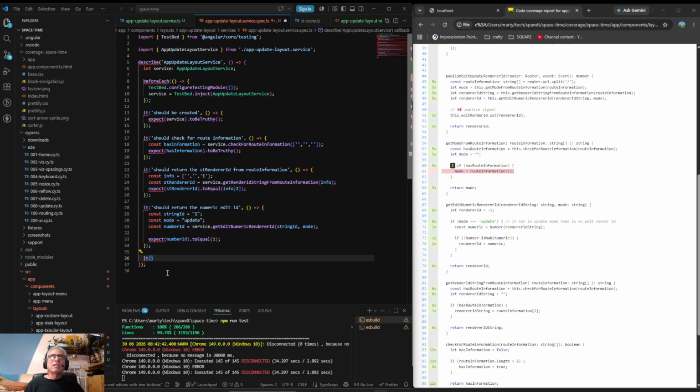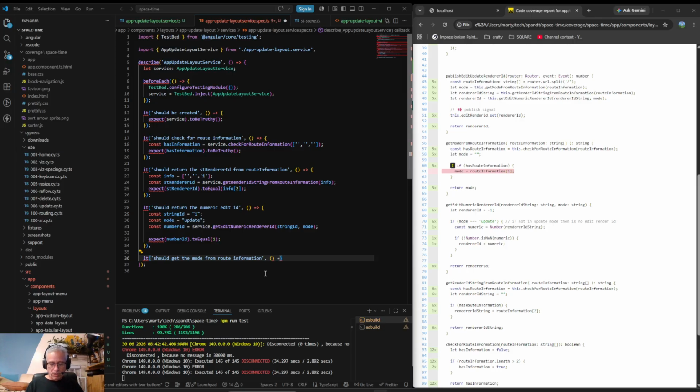But this is, what is the word for that? Assertion. And then this is the description. The first argument is the description. It should get the mode from route information. And then the second one, I can't even remember the name of that one either.